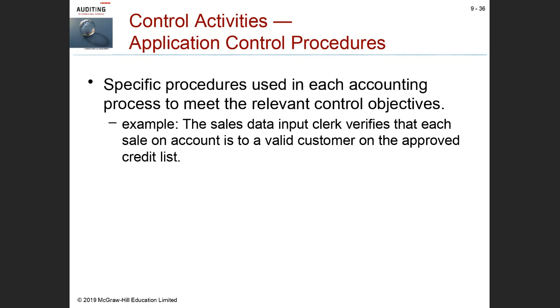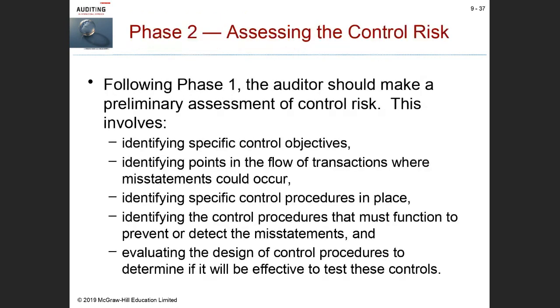It says the sales data input clerk verifies that each sale on account is to a valid customer on the approved credit list. So before a sales invoice will be recorded, the system checks to ensure that there's a customer number assigned to each sales invoice. If the invoice does not have a customer number, it can't be processed. So that will be one type of check to ensure that when sales invoices are processed, they're actually customers that exist. Why? Because they've been assigned a customer number. These types of controls, again, we'll look at more after the